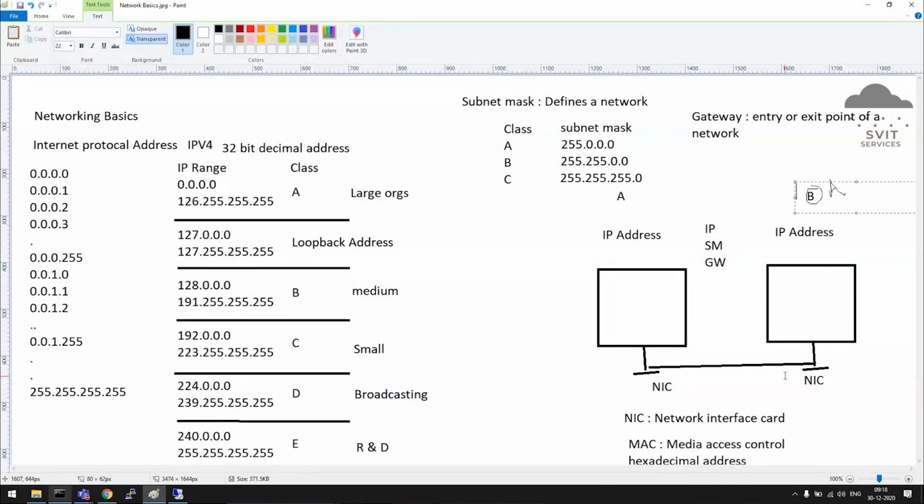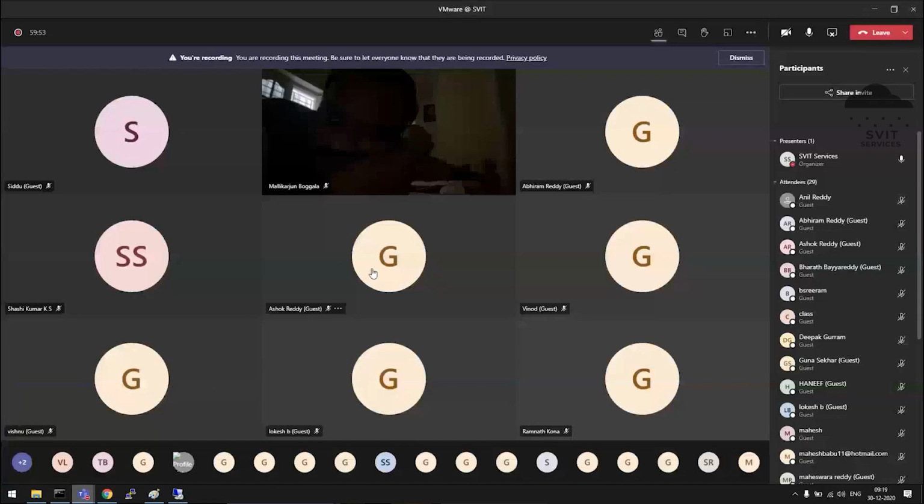When a subnet mask is different, they feel that they are different networks. Even if it is connected with a cable, they feel that they are in different networks, and they will not communicate. The same way, gateway as well. Gateway also must be the same for the network devices which are in the same network. Something like, from remote locations, different locations, you connected to